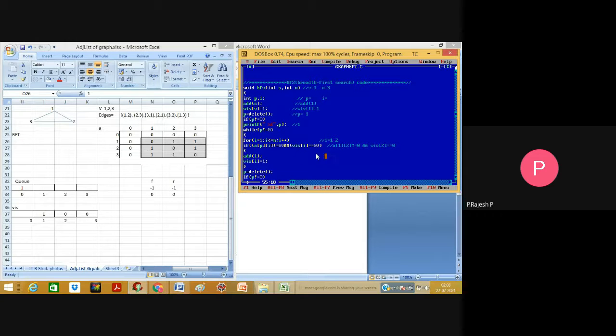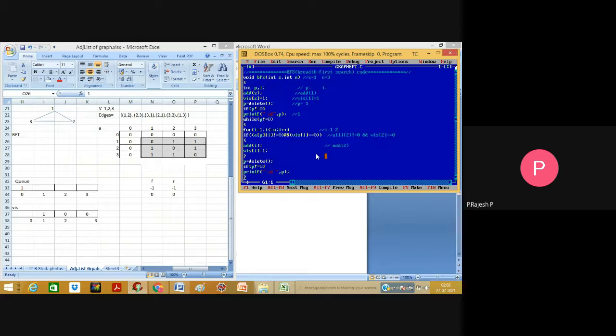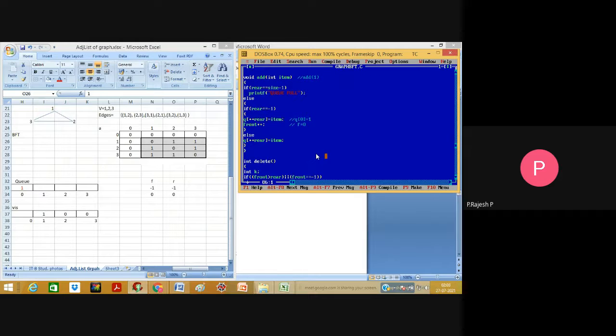So if you entered into the if body, what we call is add of, what is the i value? 2, add of 2. So go to the add function. Here it is. Now the item value is nothing but 2 right now.